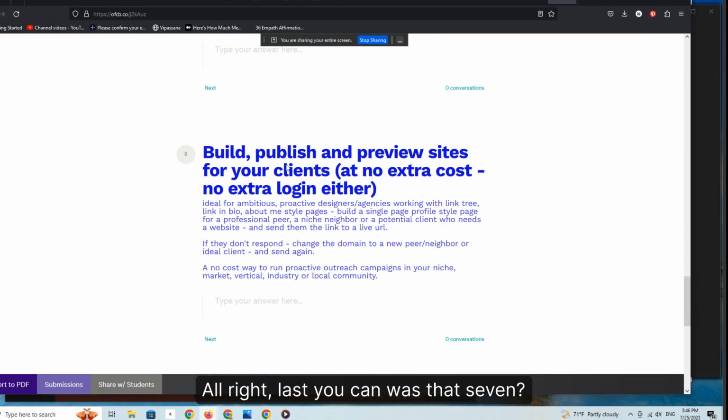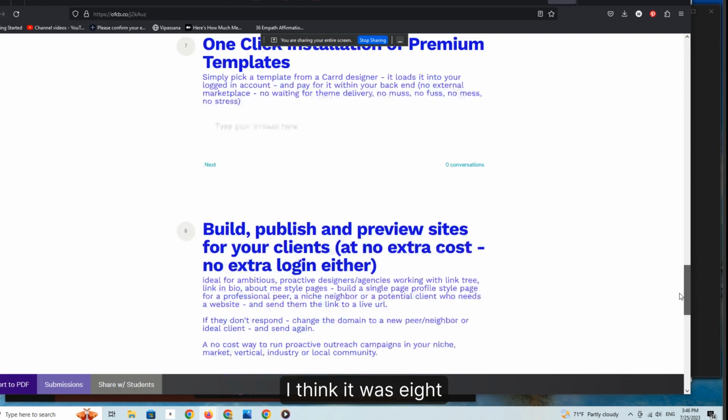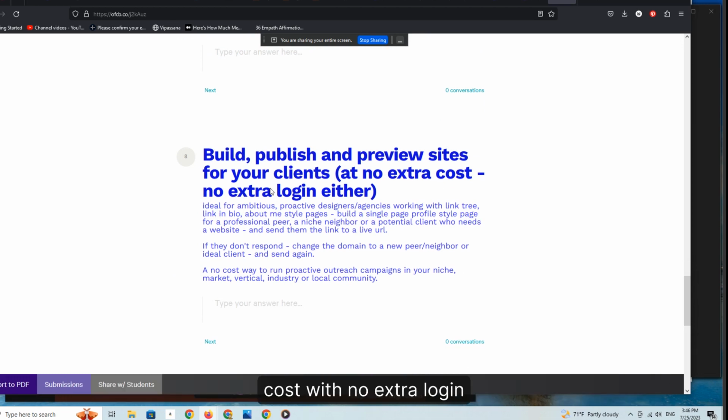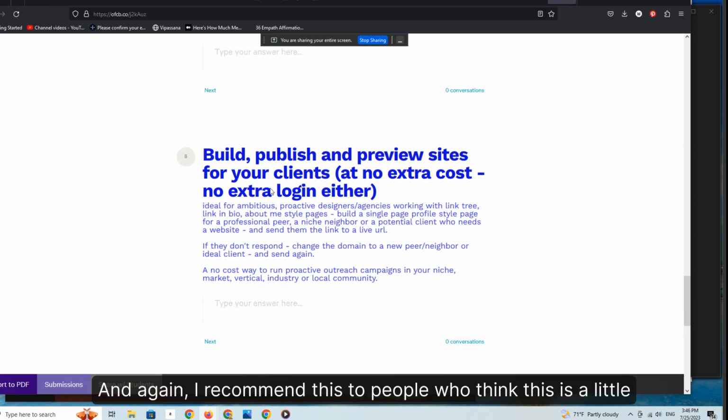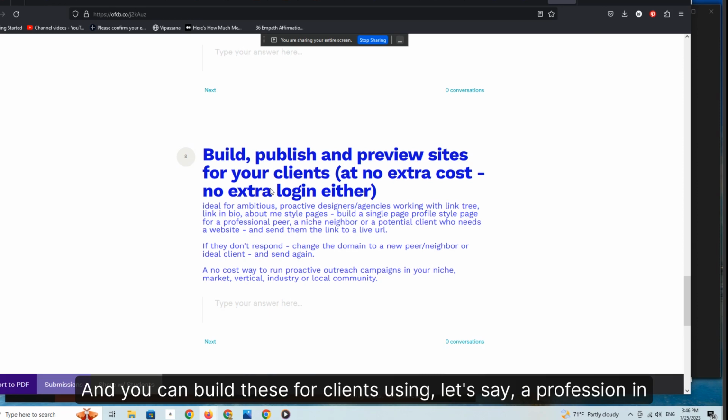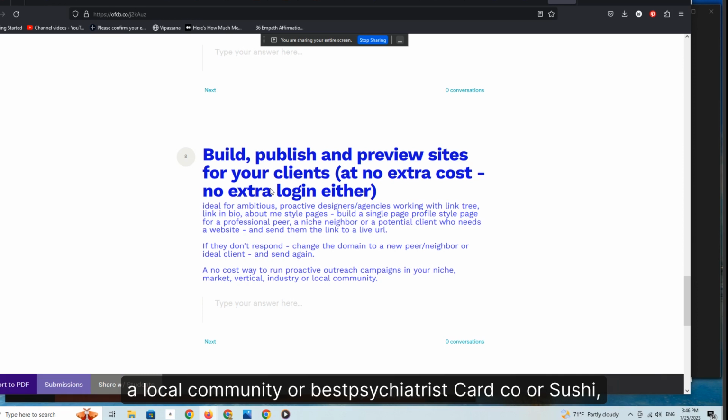All right. Last, was that 7? I think it was. 8. You can build, publish, and preview sites for your clients at no extra cost with no extra login. And again, I recommend this to people who think this is a little bit overly aggressive or ambitious. It's really not. This is really ideal for profile, link tree, about me style pages, and you can build these for clients using, let's say, a profession in a local community,